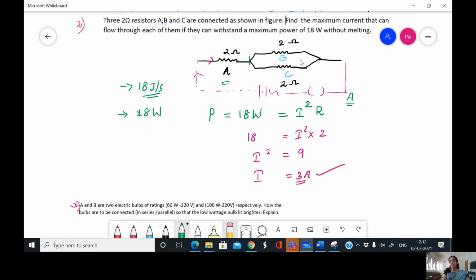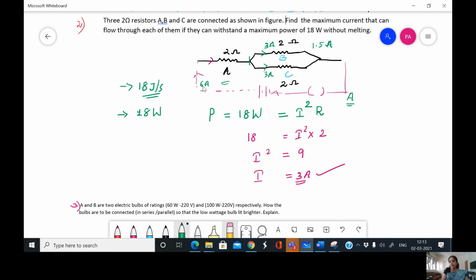So what is the current through each of these resistors B and C? It is 1.5 ampere each, right? Here comes 1.5, here also 1.5. It is safe, no issue. But we are asked to find the maximum current that can be sent through all the resistors when they are in combination. And we know that all of them can tolerate 3 ampere. So this one can tolerate a maximum of 3 ampere. This also can tolerate a maximum of 3 ampere. So what happens if they both get 3 ampere? If they both get 3 ampere, what is the maximum current drawn from the battery? That is 6 ampere. Because this is 3, this is also 3.